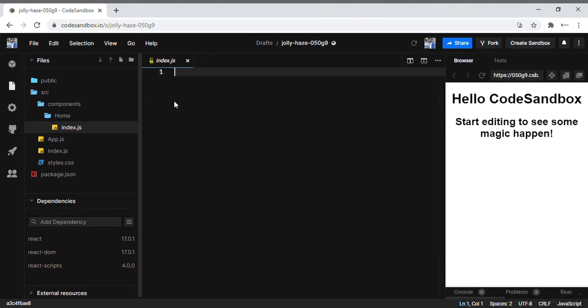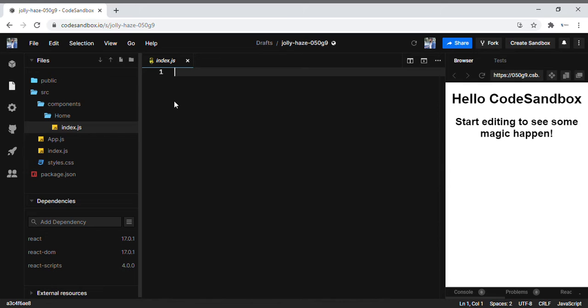Now here in the index.js, we are going to create a home component. Before creating it, I will give you the scenario of what we are going to do throughout this session. In this session, I will create two reusable components: one is the home component and one is the sign in component. I will render the two components which we have created today. So let's start with this.